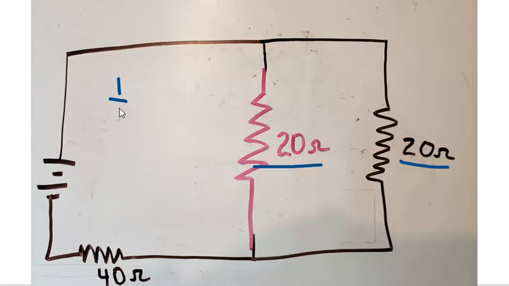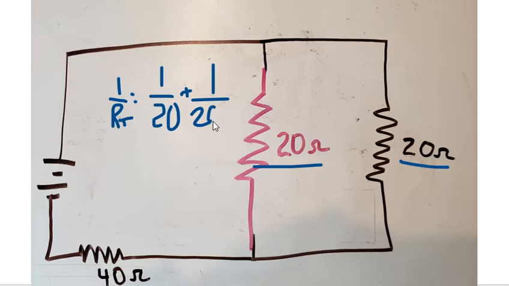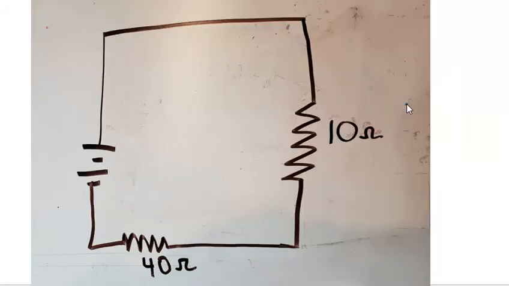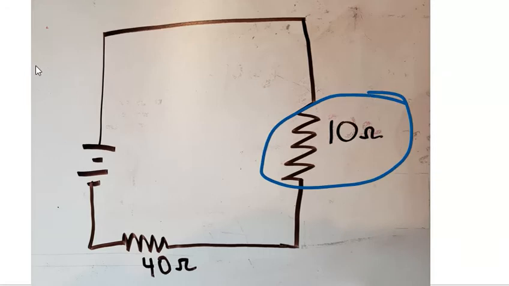So it's going to be 1 over total resistance. And this one I'll leave to you to do on your calculator, but it's going to equal 1 over 20 plus 1 over 20. And I can solve for this and solve for total resistance, and those two combine. And I intentionally pick numbers that are nice, easy rounded numbers or work out to be whole numbers. That's certainly not always the case, but I picked numbers intentionally this time so I don't have any decimals to deal with. But when I combine these two and solve for the total resistance, they combine to one resistor that's 10. So again, this now replaces